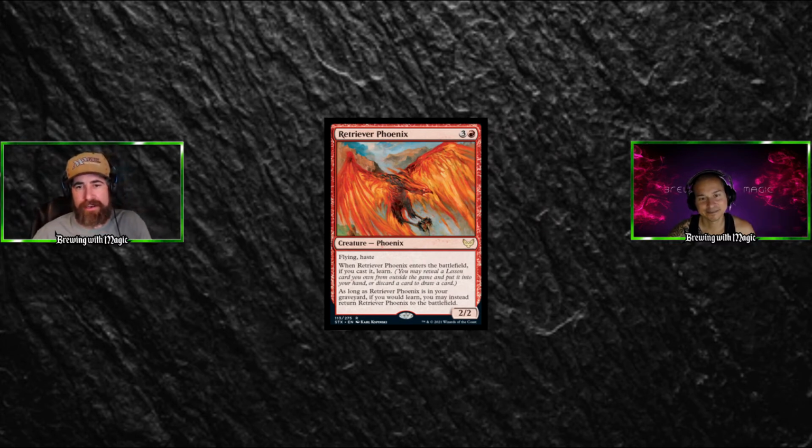So 1 red, 3 colorless, creature Phoenix, 2/2 flying haste. When Retriever Phoenix enters the battlefield, if you cast it, learn. We know that's going to be really powerful in best of 1. And then what else do we do? As long as Retriever Phoenix is in your graveyard, if you would learn, you may instead return Retriever Phoenix to